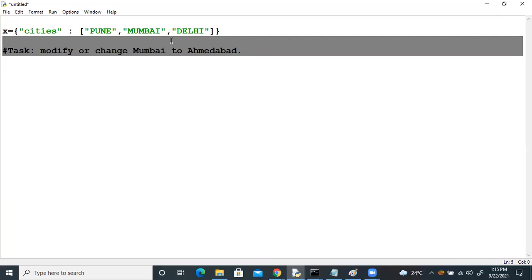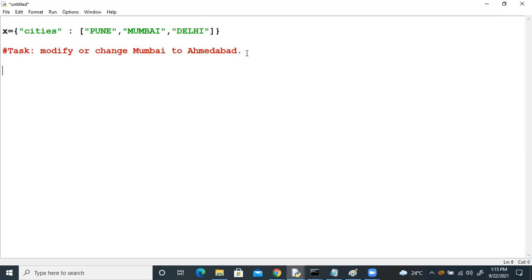Can I change this Mumbai to Ahmedabad or no? Yes. Try to say how can I do it? X of cities means list, right? X of cities means what? List. This is the list. X of cities of 1 equal to